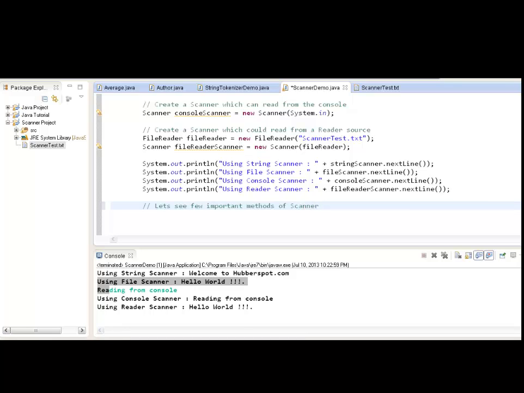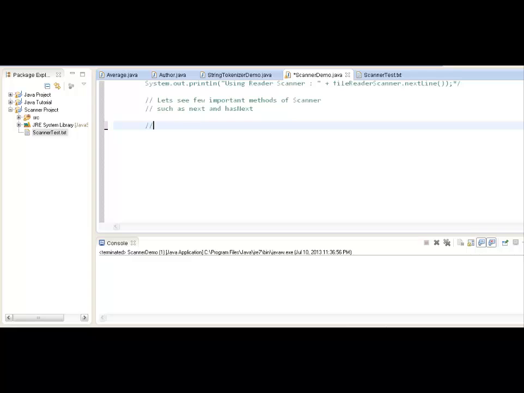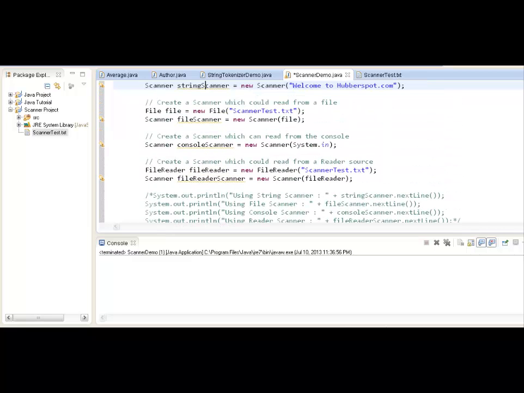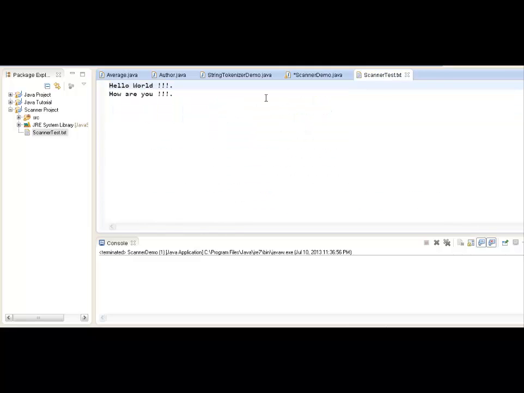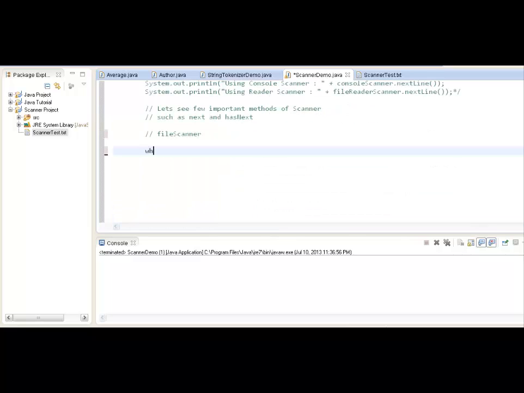Let's see a few important methods of scanners, such as next and next and many others of the same form. So friends, we will take the file scanner for this explanation. Here we created the file scanner by pointing to scanner test.txt. In scanner test.txt we have two lines, hello world and how are you, and suppose we use something like,